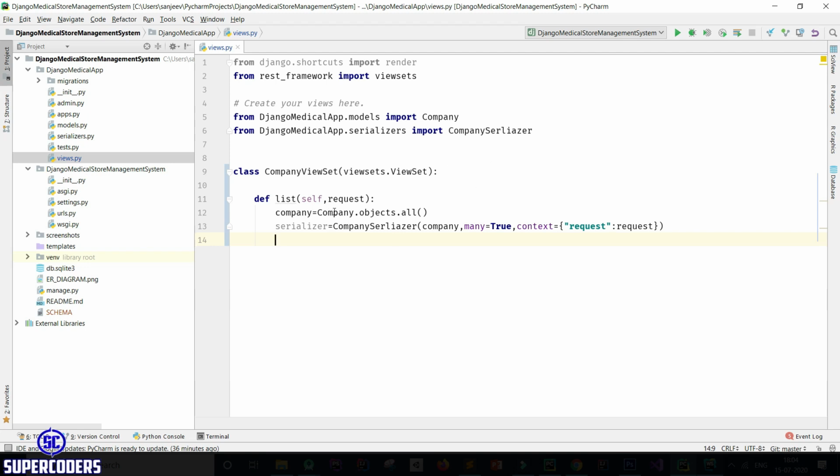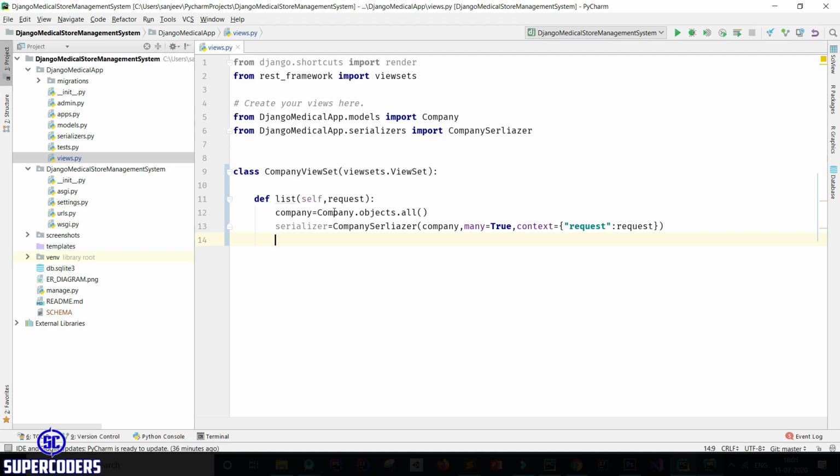So why do I need to use this method? Because I am returning data in three values, which is first error, second error message, and third data. That's why I need to use a custom method for every URL of list, update, and delete. That's why I am returning the custom response.